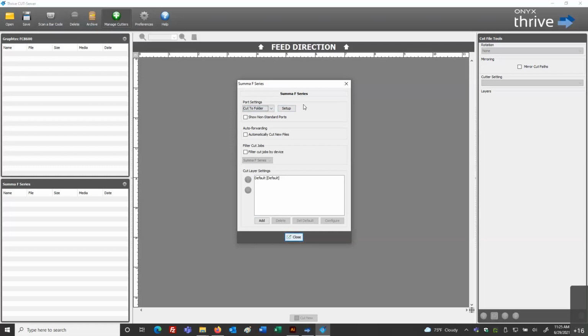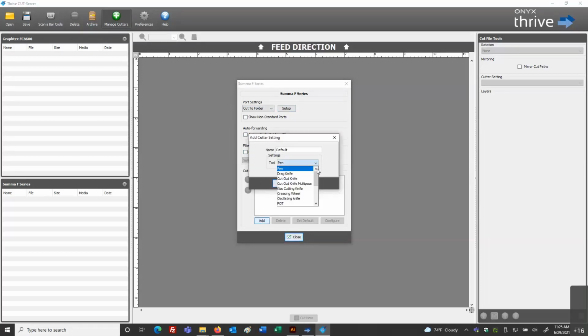Okay, very convenient. In that case, I may say, sure, automatically forward the file to that directory. And then, of course, we still have the filtering and we still have adding our cut information here. In this example, you'll notice some different terminology, some different words that are here. And this all relates to the type of cutter we're working with.